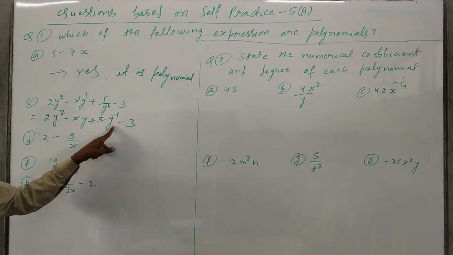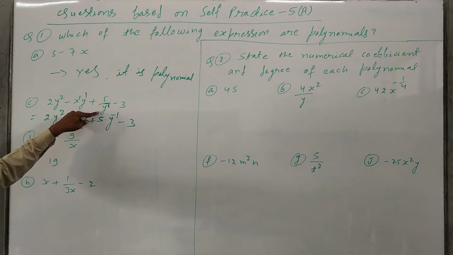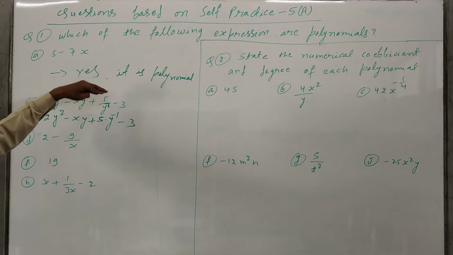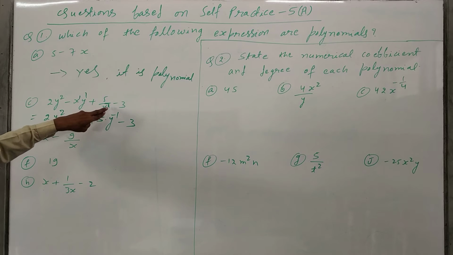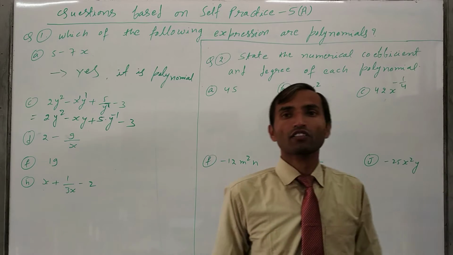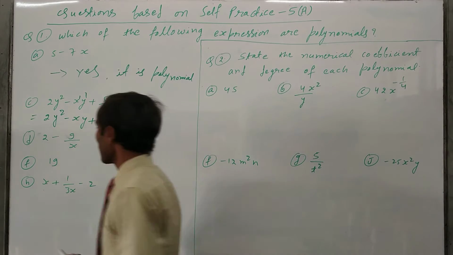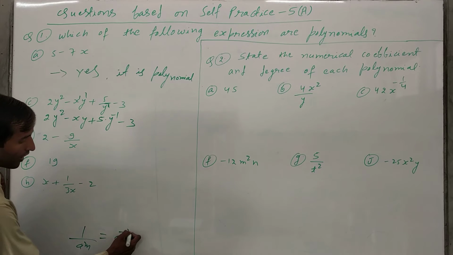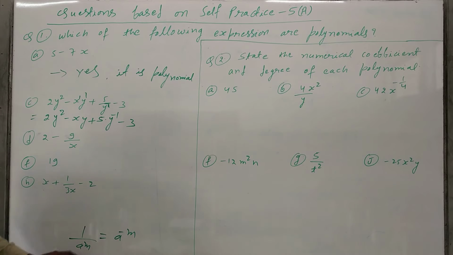So here the power is negative. This one is the denominator part. If you take the variable to the numerator part, then the power will come in minus. It is the laws of exponents and powers in that chapter. Here if you take 1 upon a to the power m, this will go upper, a to the power minus m will come. This I have already written in the laws of exponents.